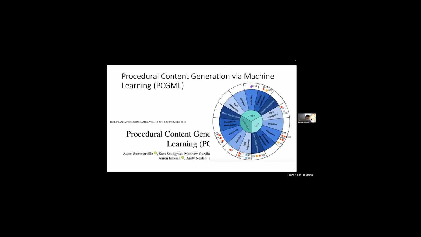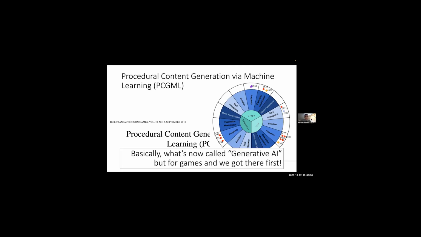And in that paper, we proposed some areas of PCG and some potential things that people could work on in the future. We just basically identified the field. And you could basically think about this as us identifying what is now called generative AI. So, you know, your ChatGPTs, your DALL-Es, your Stable Diffusions, your Midjourneys, et cetera, but for games, and we got there first. So we're allowed to keep on calling it PCG-ML, even if the press releases of these big companies would prefer the term generative AI. It's not even generative all the time.